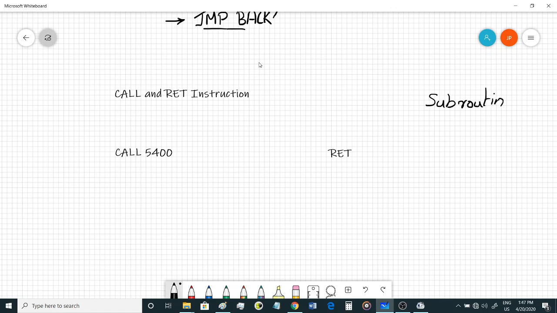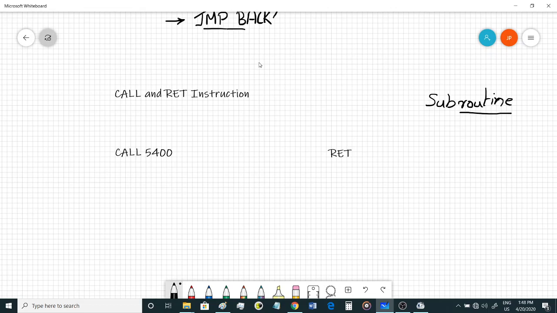The name itself suggests it's similar to a routine, something you do frequently, right? Routine is something that you do every day. Subroutine means something that you do frequently. So it's very similar to the functions that we write in C programming or C++ programming. The reason for using a subroutine is that, let's say you want to square a number and you keep squaring the number throughout the program, different numbers.